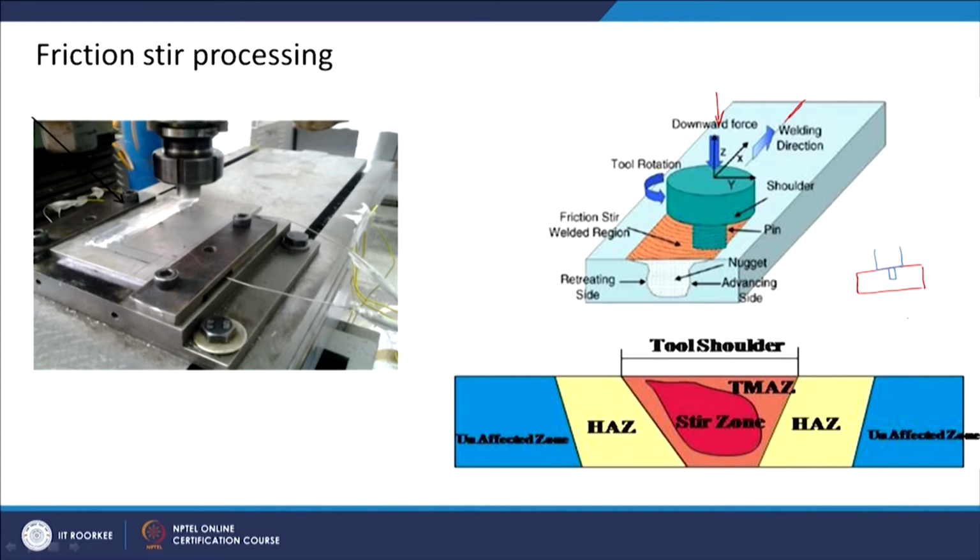And now it is also rotating, and there is a normal load. So, what you are doing is this friction between the shoulder surface and the workpiece surface is generating heat, very high heat, and because of that the material around this region is getting soft because of the temperature, and this rotating pin is now stirring the material around it.